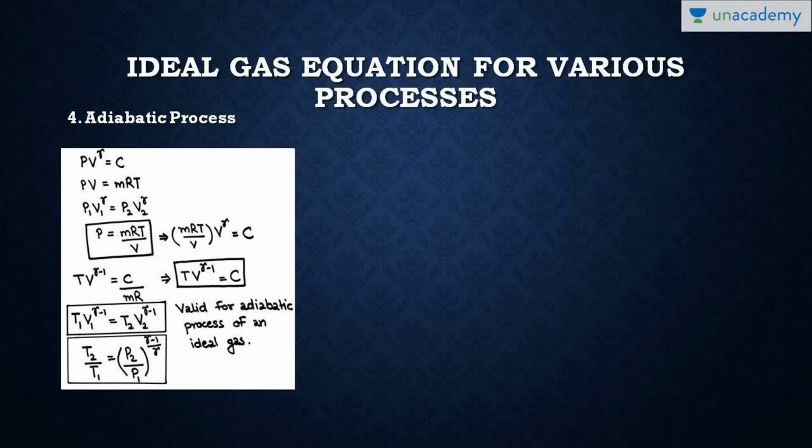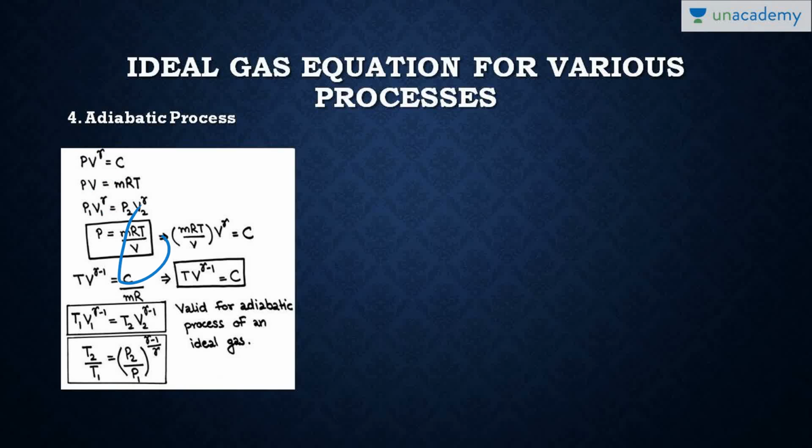The third process is an adiabatic process. As we already know, the adiabatic process equation is PV raised to power gamma is equal to constant. We can also write it as P1 V1 raised to power gamma is equal to P2 V2 raised to power gamma, right? We also know that from ideal gas equation, PV is equal to MRT,